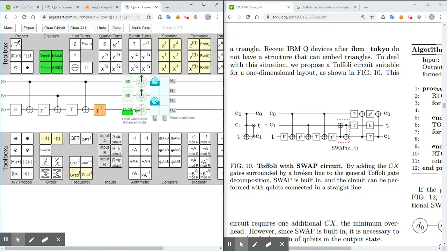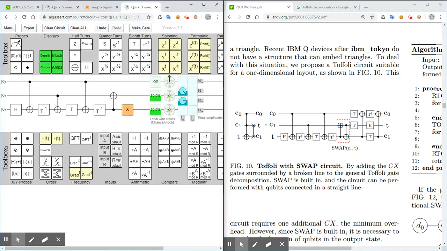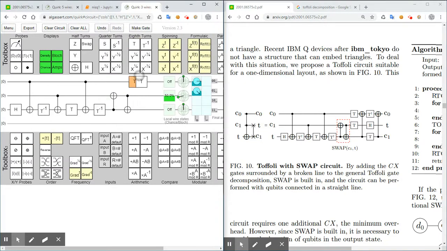Then we've got a swap. Then we've got T and T. And we're going to do this way. And then we've got T-dagger up here. Hadamard, T,